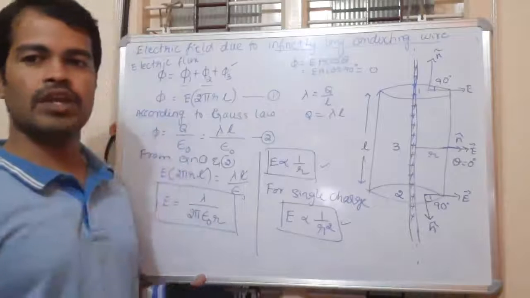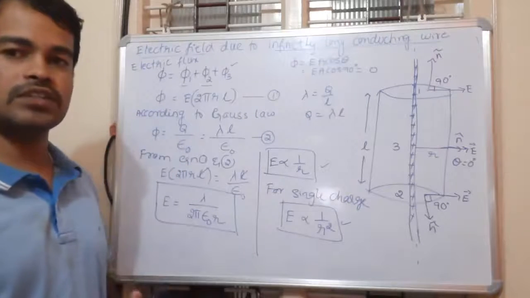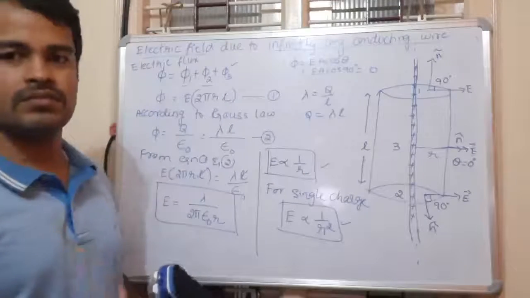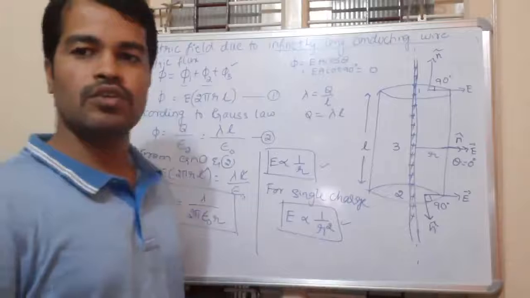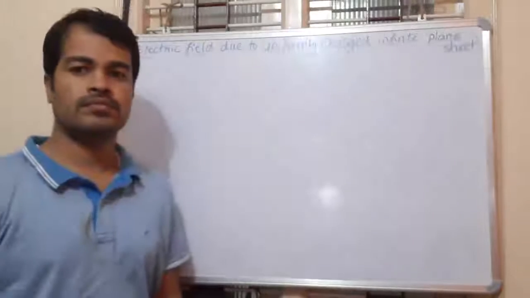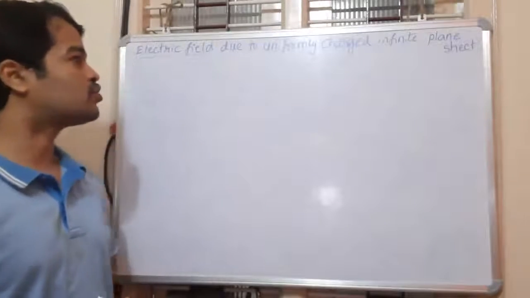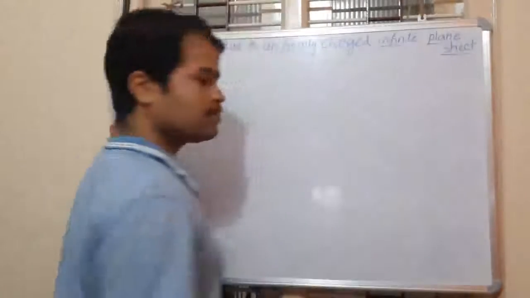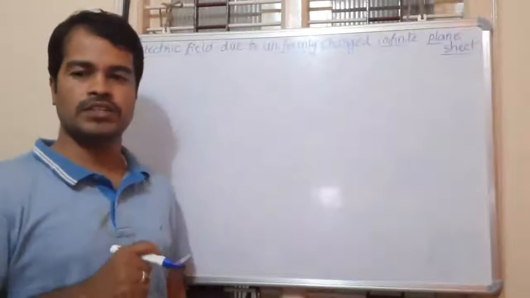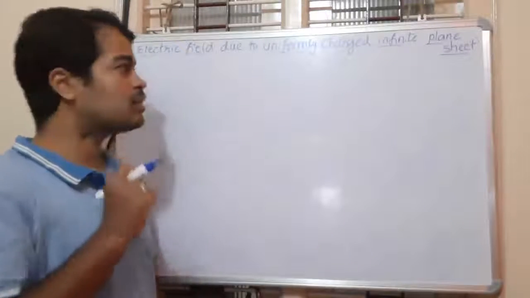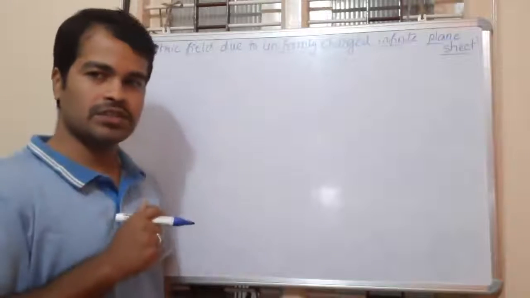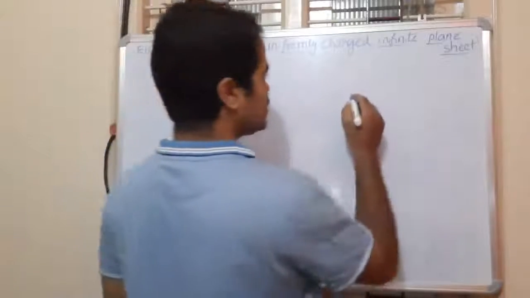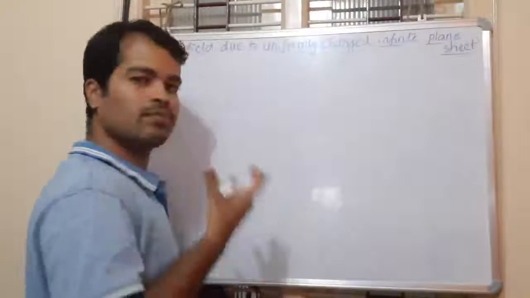Now we go for the second application of Gauss theorem. What does the second application say? The second application is electric field due to a plane sheet. So we move on to electric field due to a plane sheet. Now we discuss electric field due to a uniformly charged infinite plane sheet. Due to the plane sheet that is uniformly charged, how much electric field is there, that we need to calculate. So let us consider an infinite plane sheet.